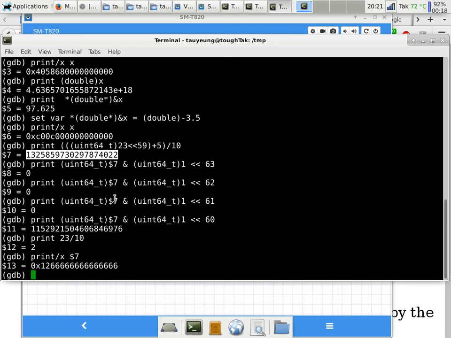Yes, we can, but if you divide by 10 right away, then you're not minimizing the error anymore. If you shift it 3 times and then divide it by 10, then you are minimizing the amount of error you get out of that division. Because the ratio of error when you perform integer division has to do with the ratio of your numerator versus the denominator. In our case, the denominator is always 10. So we just need to shift it over. We always want to maximize the numerator as much as we can in order to minimize the error.